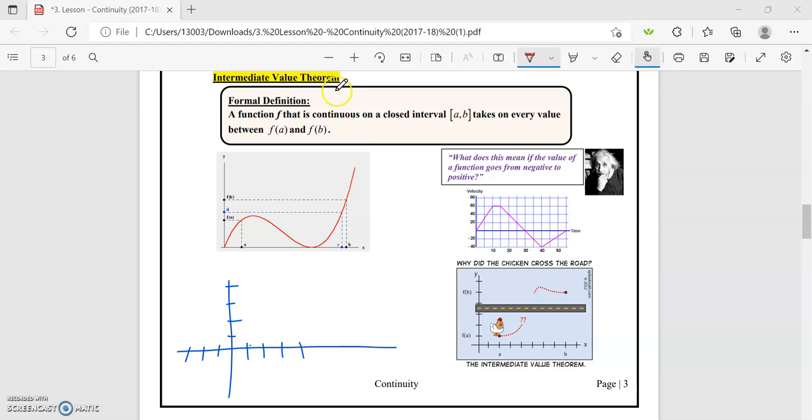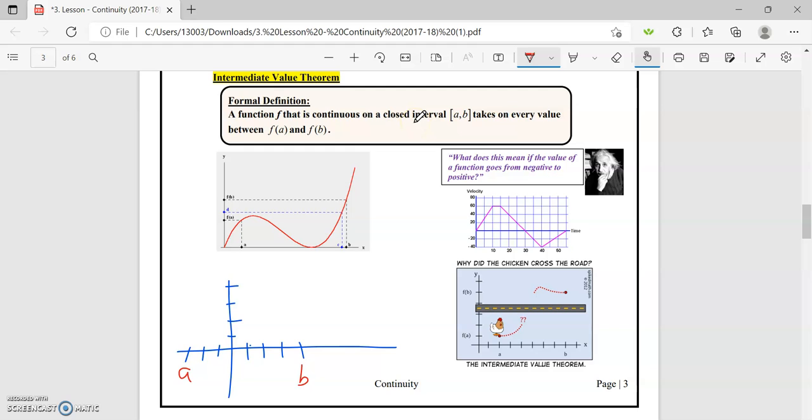The formal definition is, obviously it's right here in front of us, but it's pretty straightforward. It says that if I have a continuous function, and I'm just going to look at that function from x1 to x2. So like I pick a and b being two x terms. So let's say here's my a and here's my b. Okay, so -3 and 4. So on the interval a to b, if I know that this graph is continuous as a whole function, then